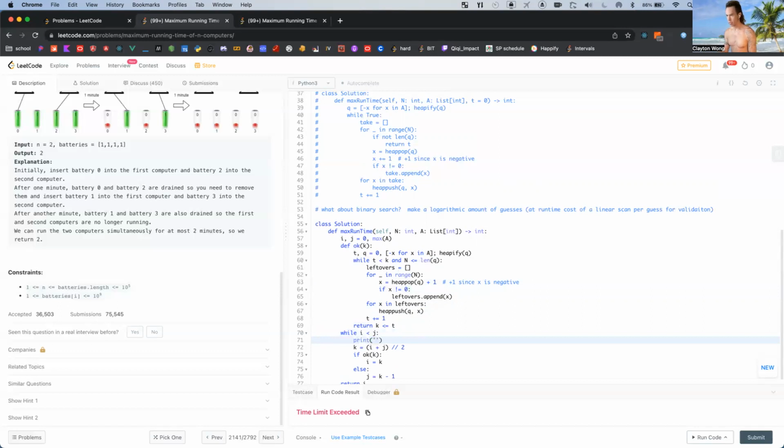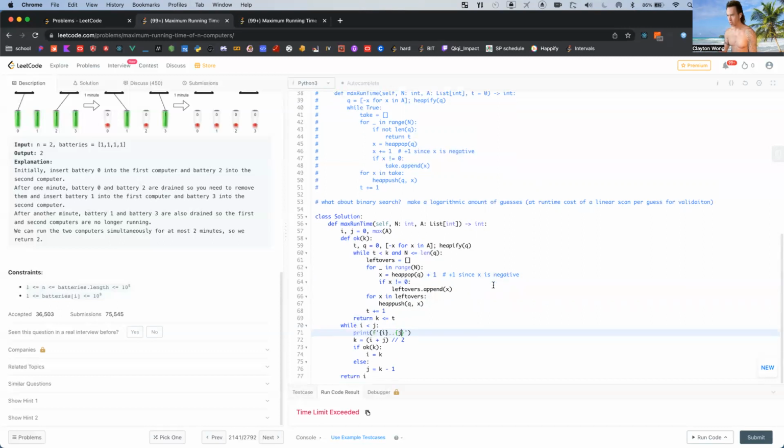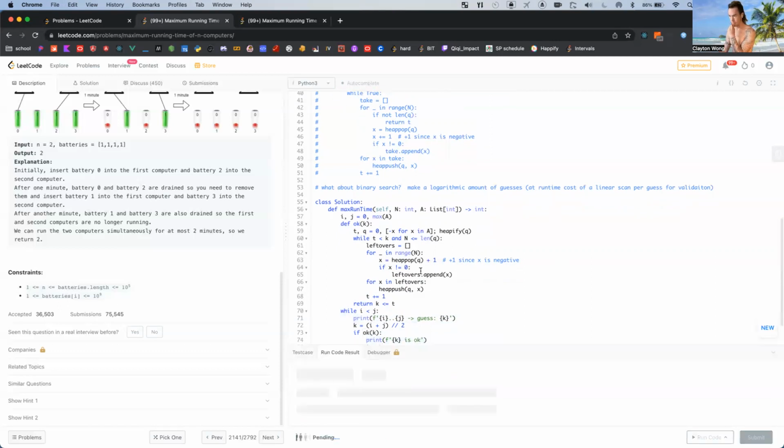Print search space i to j. s is k. Here's no good.